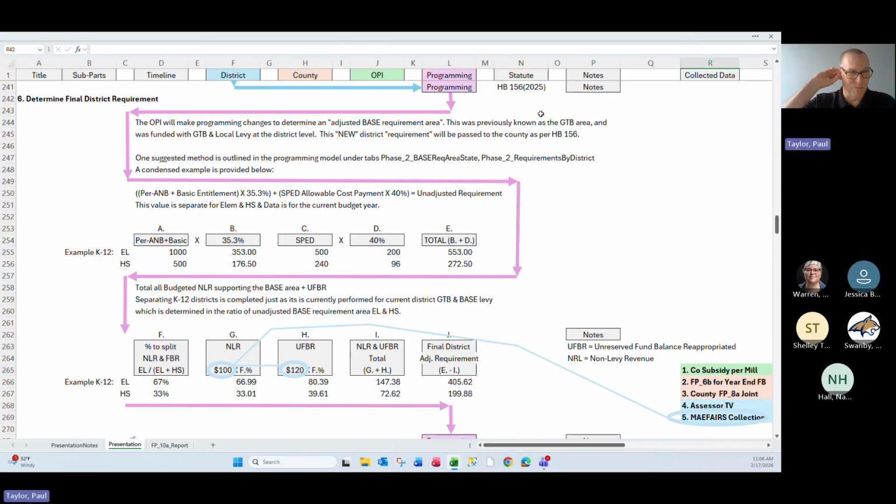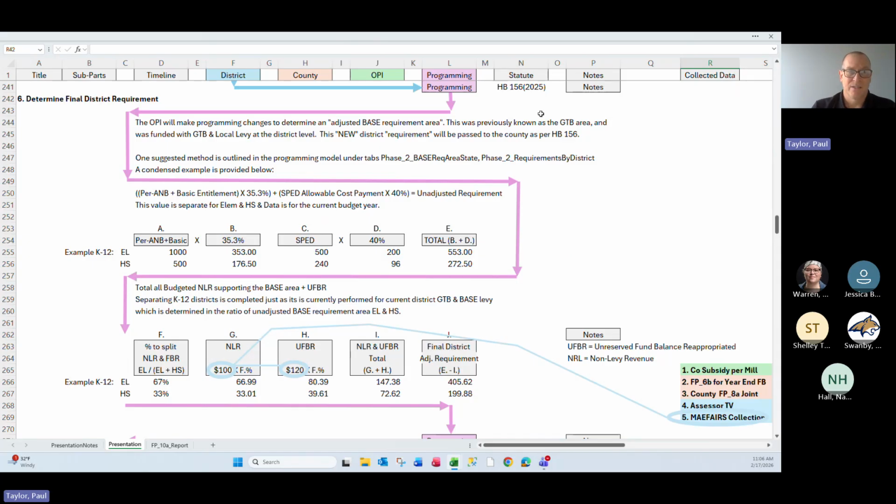I mean, we're down to row 250. So let's do step 6. So step 6 works this way, and this is going to have to happen after this TFS information is collected and after the budgets are adopted. So I'm going to walk through this pink area, and it's really about helping the programmers to understand what is going to be getting sent to the counties in a system at OPI